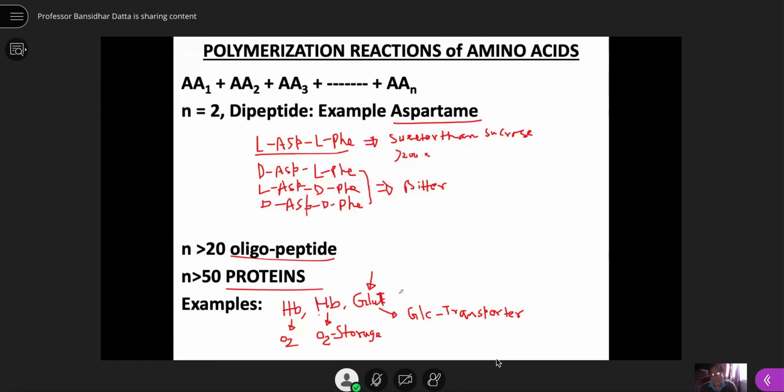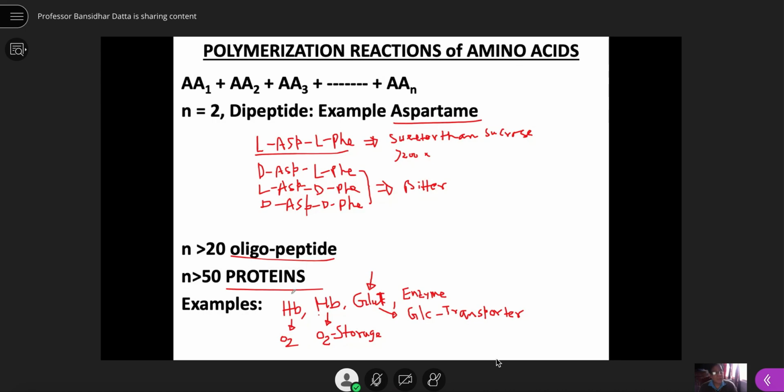Similarly, you have a fructose transporter, a galactose transporter, a mannose transporter, etc. All those transporters are different. Those are channels or tunnels, neutral channels. All right, and there is another type of proteins called enzymes. Enzymes are vital to our life. Now, when these proteins are synthesized, amino acids are polymerized to make proteins greater than 50 or so,